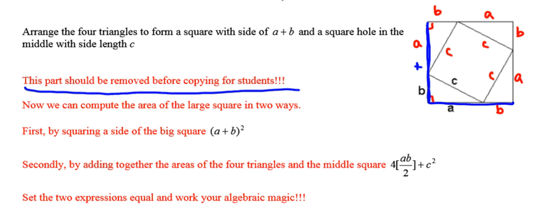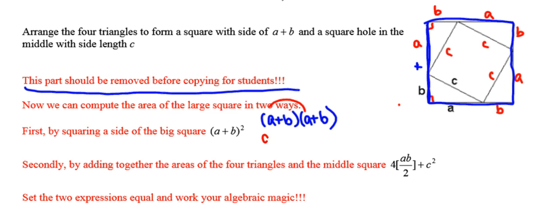I want to do this big, giant blue square in 2 different ways. We could say the area of a square is always equal to length times width, or base times height, or side times side, however you want to think about it. One side of the square has measure of A plus B units. So the area of that square is going to be A plus B, the first side, times A plus B, the second side. And when we apply the distributive property to this,